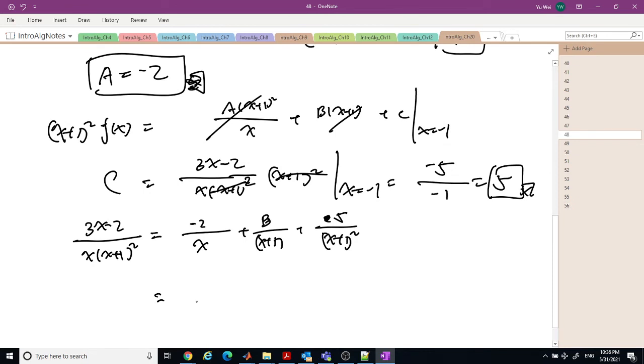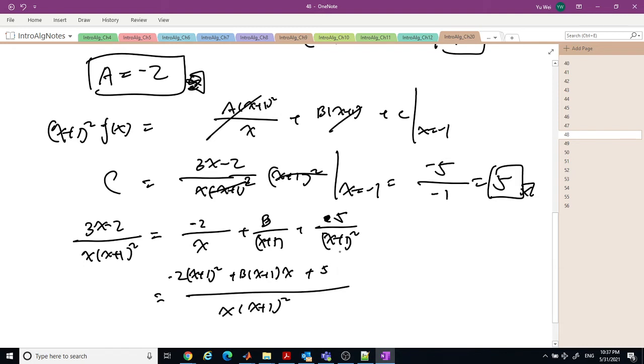Now you have to do the last step: x plus 1 squared is equal to x plus 1 squared times negative 2, plus b times x plus 1 times x,